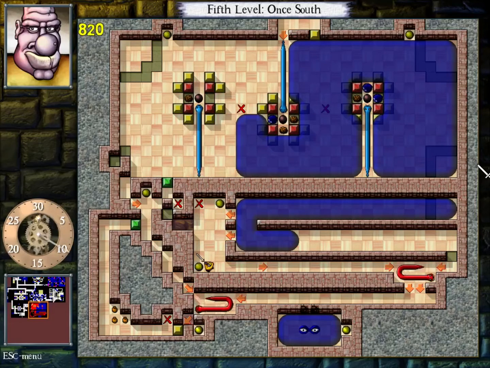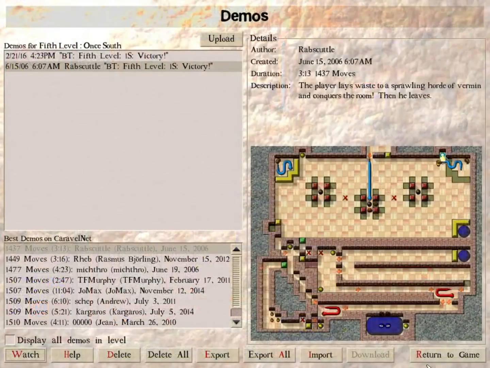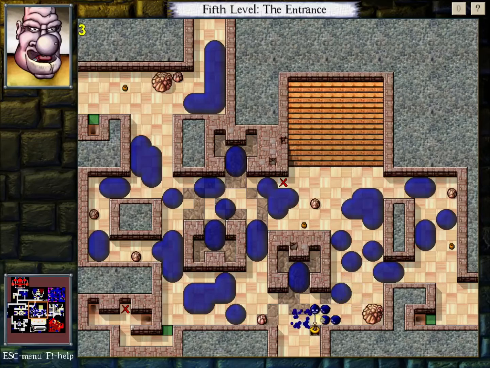Because it grows like that, it's protected. Got it. Okay, cool. Otherwise, this is the same. Alright, so finally, that room's done. Sorry for that being such a long process, but